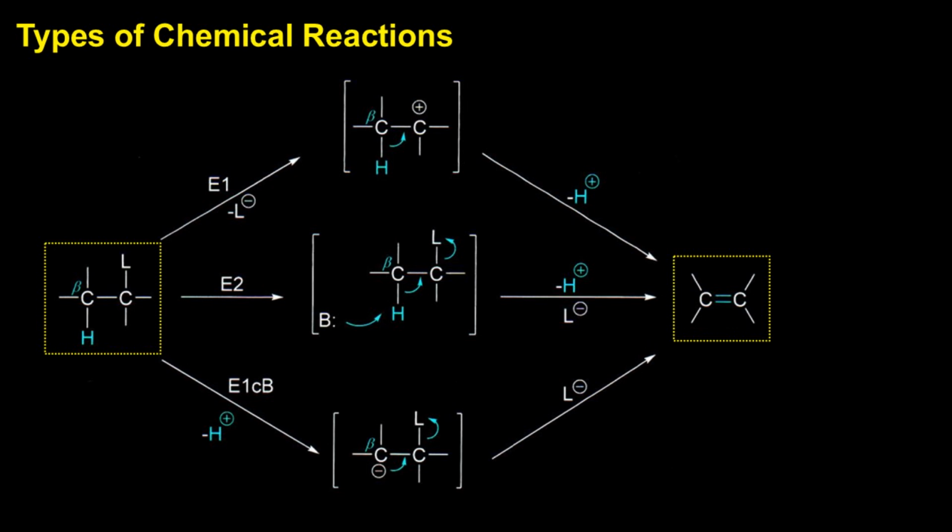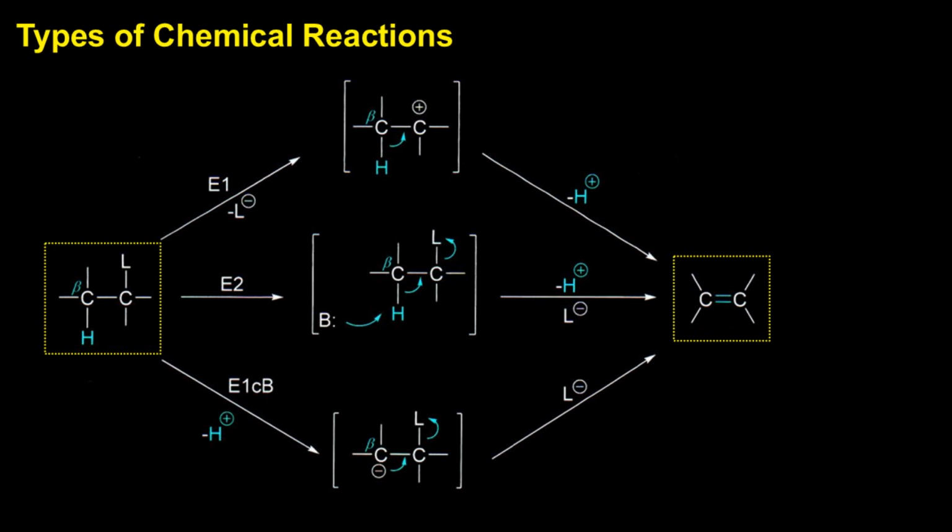Elimination reactions are generally divided into three types: E1, E2, and E1CB. E1 reactions happen in two steps. First, the leaving group leaves, forming a carbocation. Then, a base removes a nearby proton, leading to pi bond formation. This mechanism works best when the carbocation can be stabilized, like in tertiary alkyl halides or alcohols under acidic